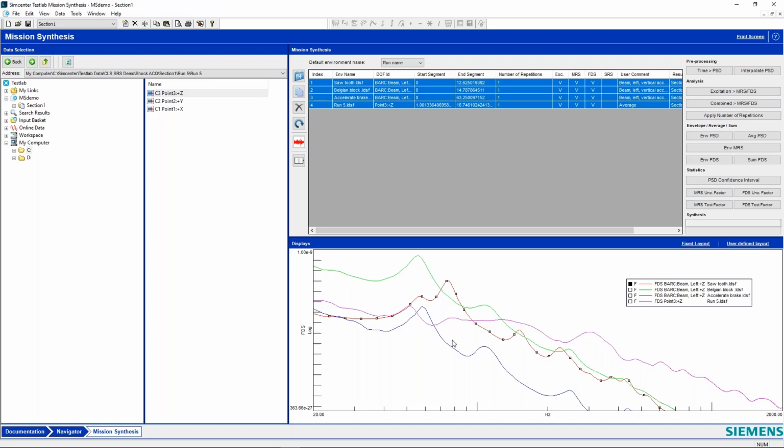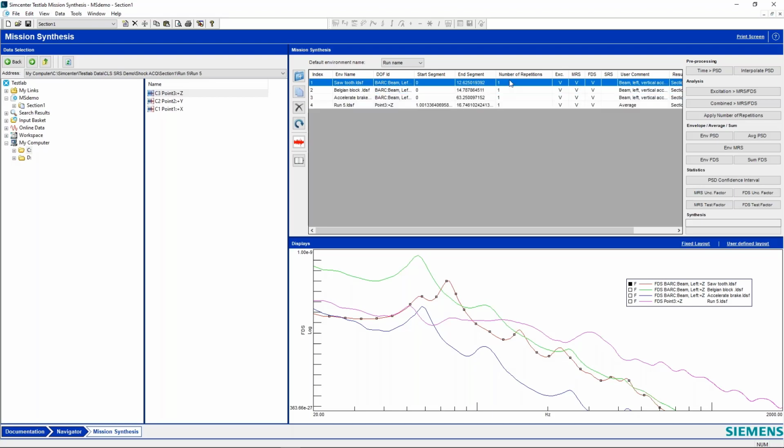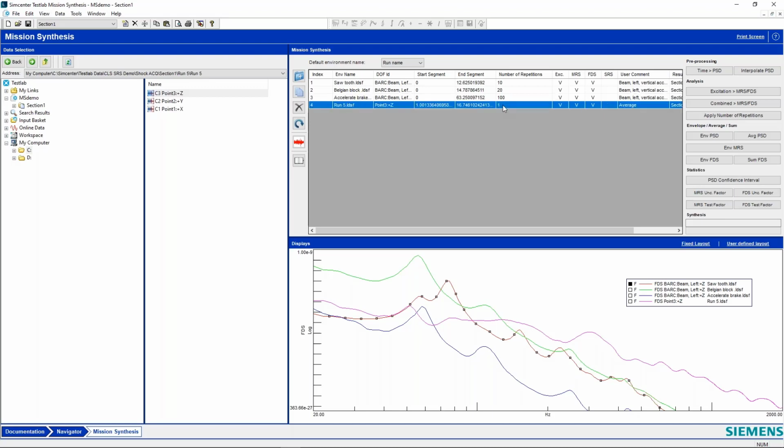We've got each one of these, but this is for just one cycle. Let's say in real life, we might experience this event 10 times, this event 20 times, this accelerate brake, maybe we'll see that most of the time, maybe 100 times. And this shock event, maybe we'll see that 250 times or something. You hit this pothole and get this bad shock on your car.